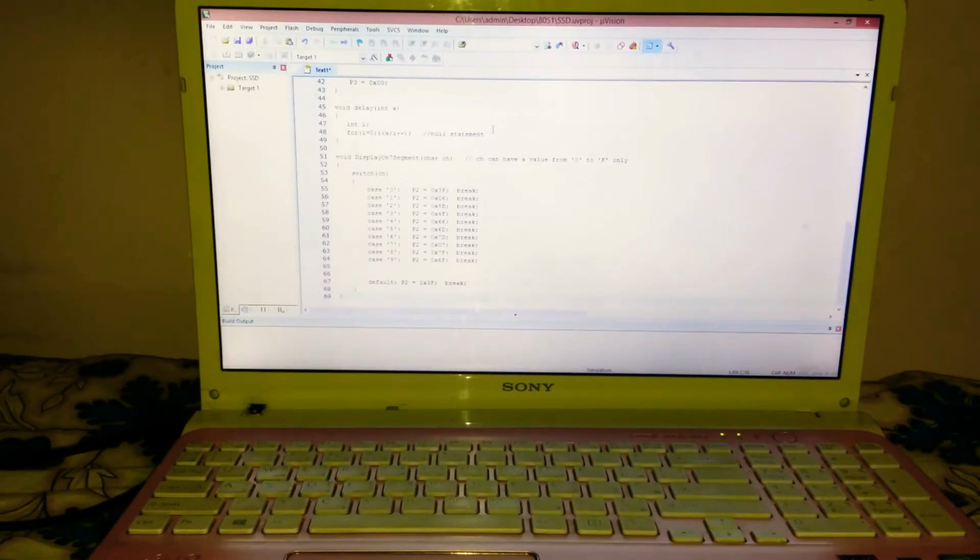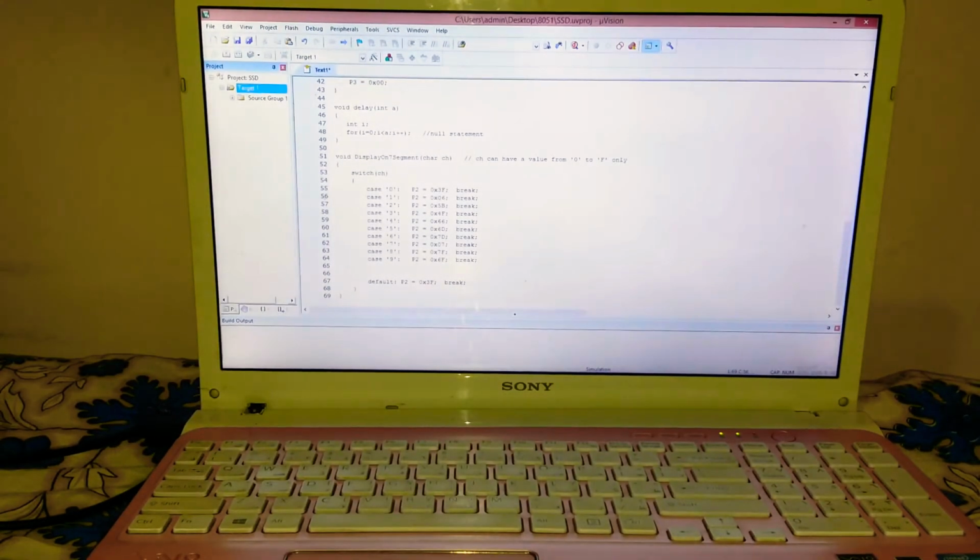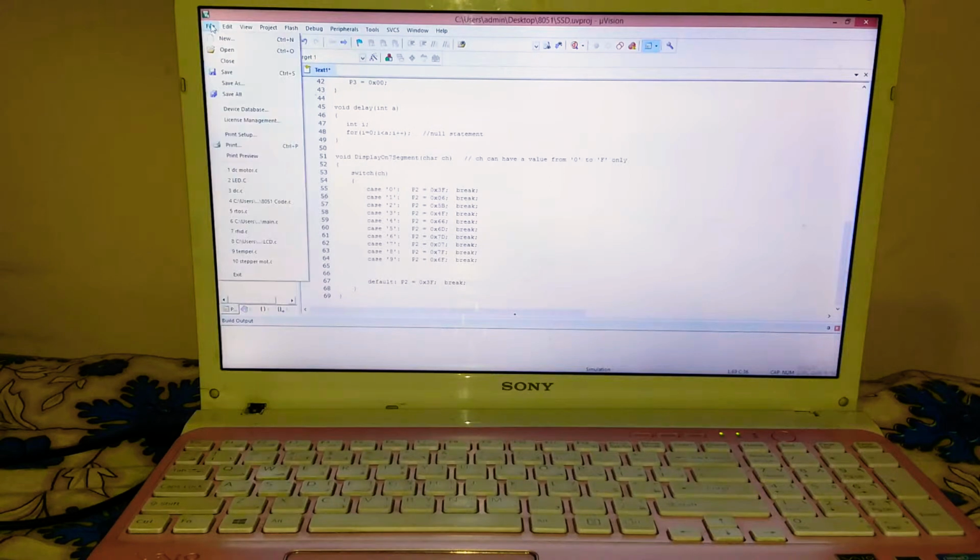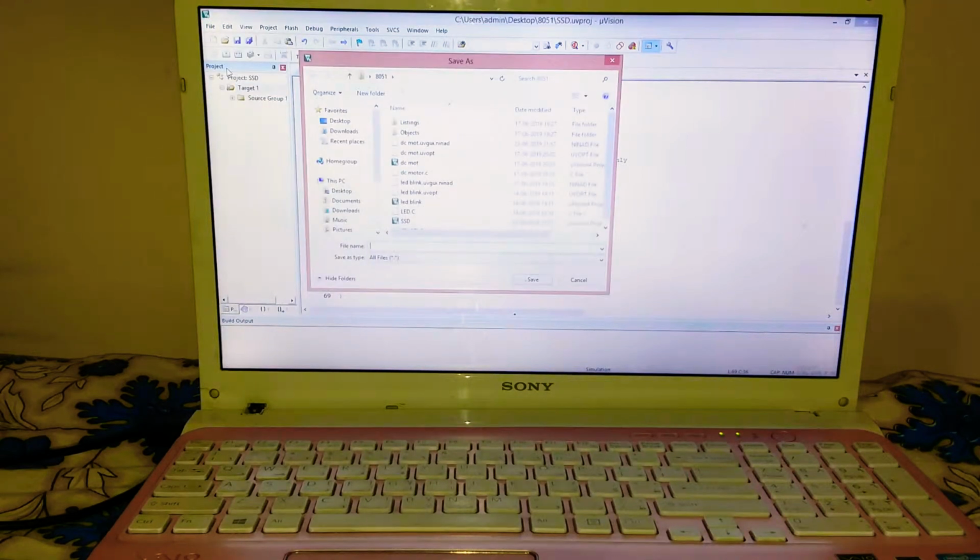It's been pasted here. The next step will be going to the target and pressing this plus. Before this, we have to go to File and save this file. So basically I'm saving this file as